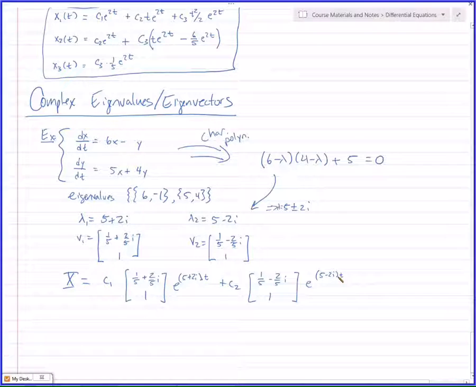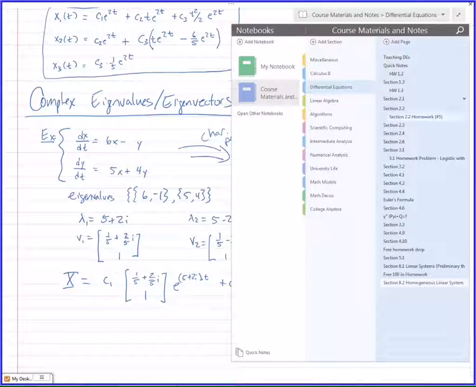Now, just because a function has i's in it does not necessarily mean it's a complex valued function. It's possible to have i's in it and it still be a real valued function, meaning that every time I plug in a t, my output still turns out to be only real and have no imaginary parts. That the imaginary parts cancel themselves out. In fact, with right choices of c, I can convert this into a purely real function. Now, we did that way back in, I'm guessing,